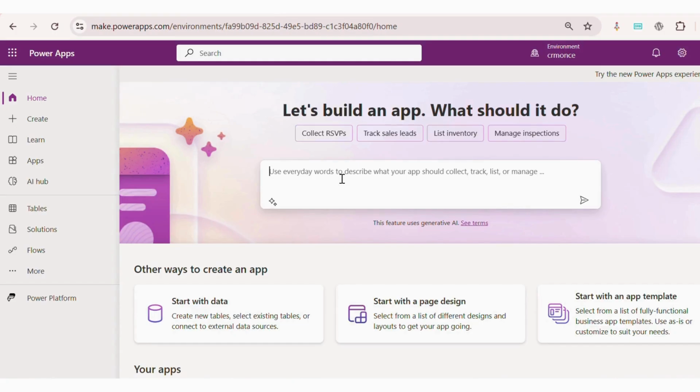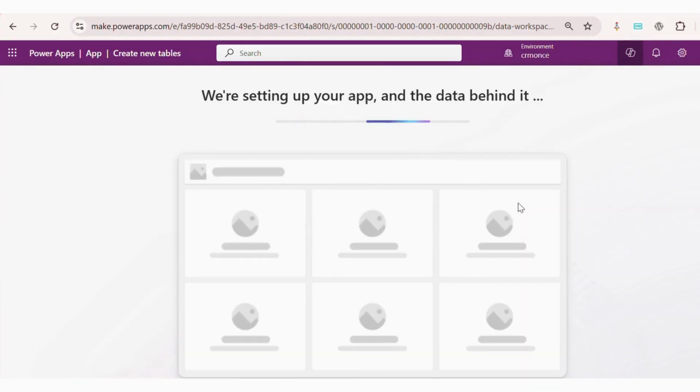Next, create Dataverse tables and automate workflows, all just by using natural language. You simply describe what you want, and Copilot helps generate it. Creating a table with Copilot. Let's create a table to track tasks. In the Power Apps Maker portal, click Start with Copilot and type: